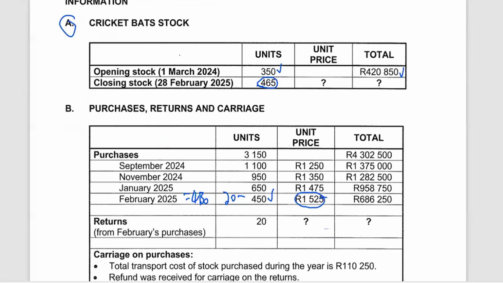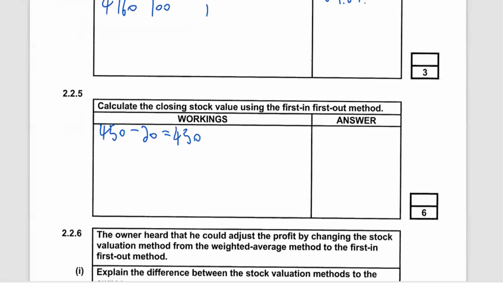So 1,525 plus 35 for the carriage. We get 1,560. So here we're going to say we have 430 units valued at 1,560. Then 430 multiplied by 1,560. We get our answer, which is